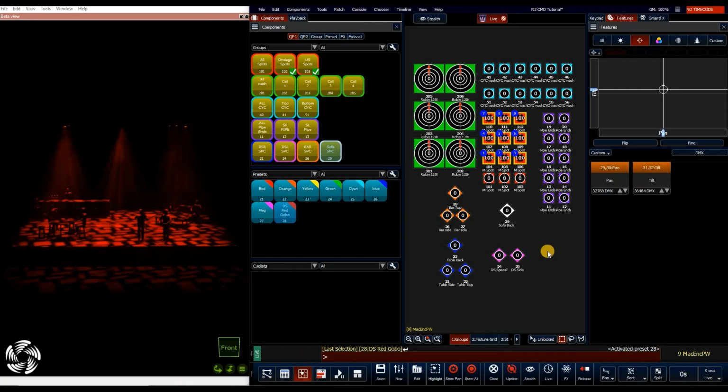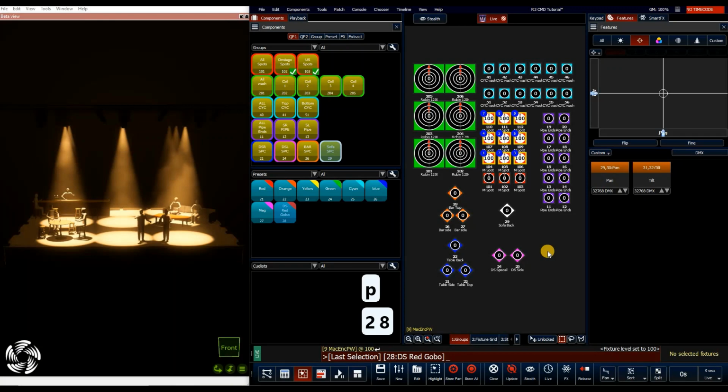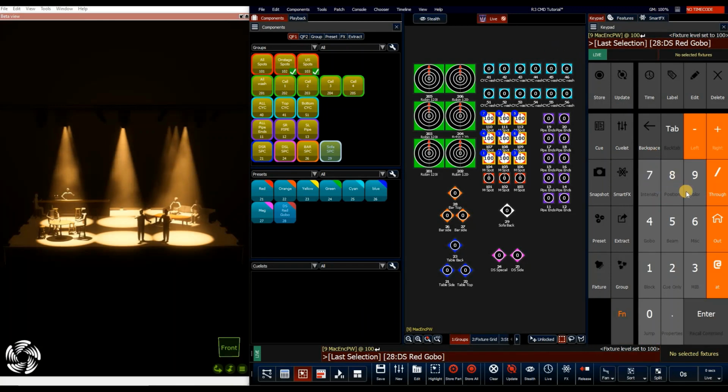So if I again just clear out, give myself just intensity. If I want to pull, say, just the position and just the zoom, so I want them to just go downstage and zoom out, but I don't want the red and I don't want the gobo. I can go fixture selection, I can then go preset 28, and then I can define just position and just zoom, by using the alternate